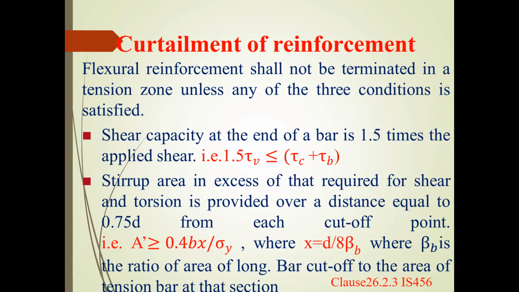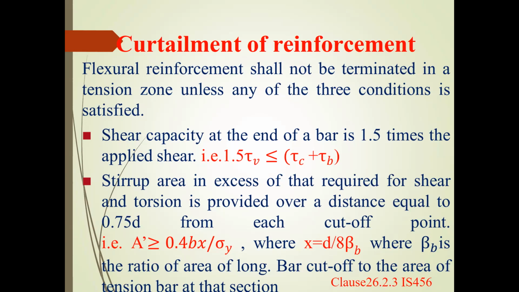That is, A is equal to 0.4 b x / fy, where x is equal to D by 8 beta b, where beta b is the ratio of the area of bar cut off to the total area of bars at the section. Refer to clause number